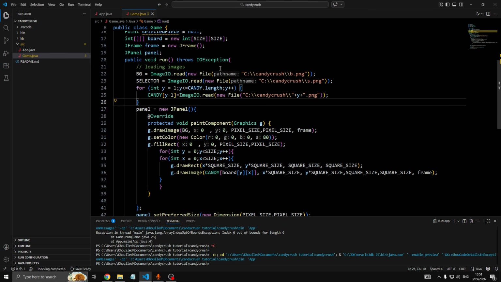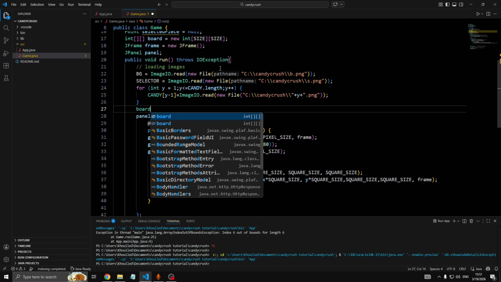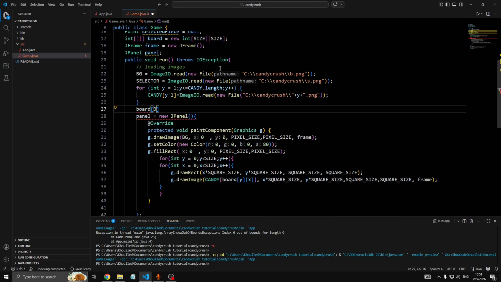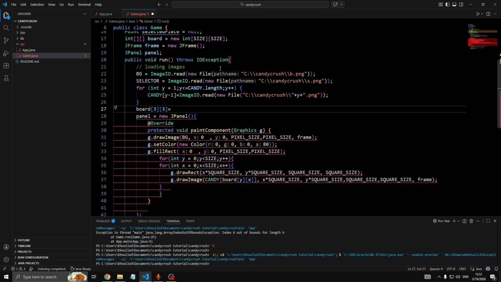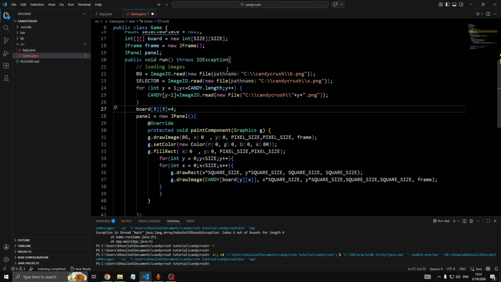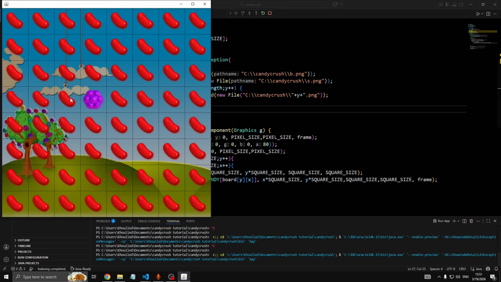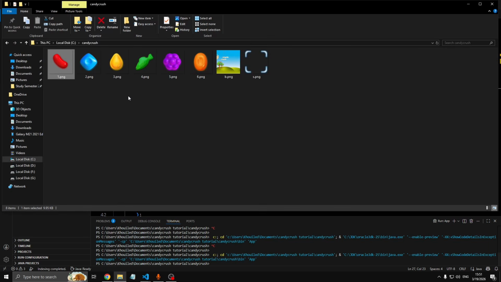If we change, for example, a value from the board, let's say board 3, and we set it to something like, I don't know, 4. So that's going to change. Okay, so we change this one. The reason why it's 4 here is because it's starting from 0. So this is 0, 1, 2, 3. 0, 1, 2, 3. So this is the X equals 3 and Y equals 3 position right here, and it's equal to 4. That will correspond to this one, because we're starting from 0, 2. So 4 is going to be 5 here, because we're starting from 1. Anyway,